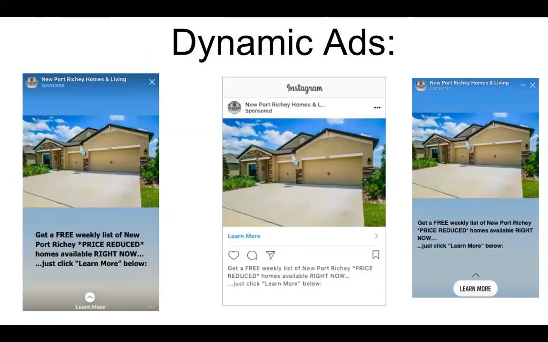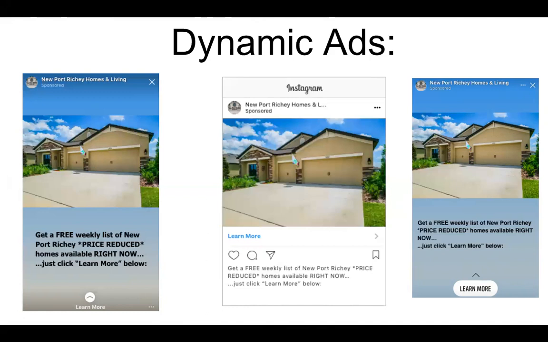And I'm just going to take a sip of water here. So the way we create campaigns is in such a way where we can create one ad campaign and it will dynamically show to the audience that we select on multiple different platforms.